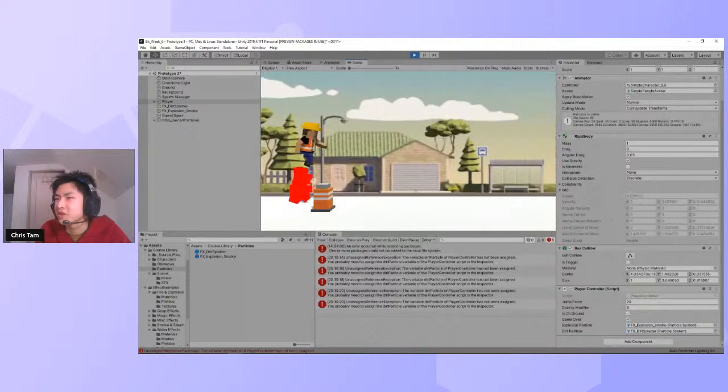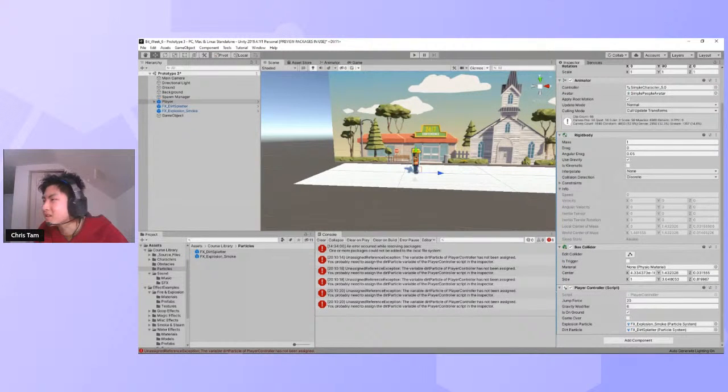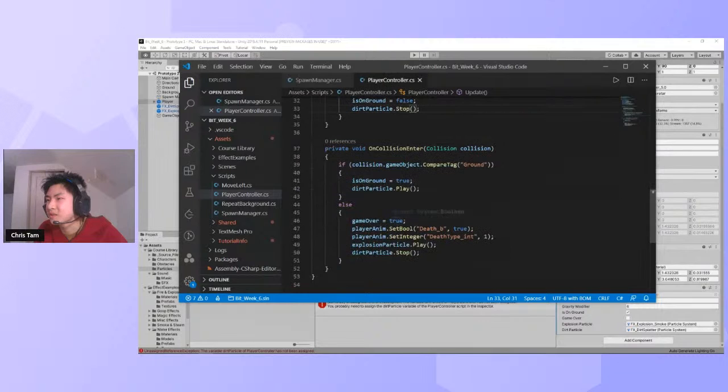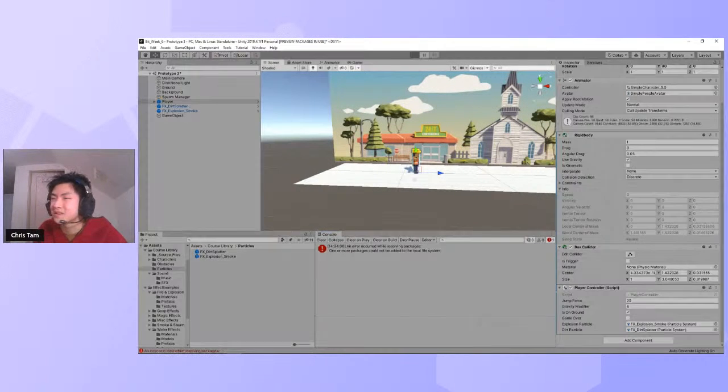Dirt particle playing when I jump. Okay, when I die, it's still going. This is unexpected. Let's see if there was anything wrong with my code. Okay, so if I jump up in the air, it stops. Dirt particle.play, dirt particle.stop. Let's clear the console. This small detail not working isn't such a big deal, but